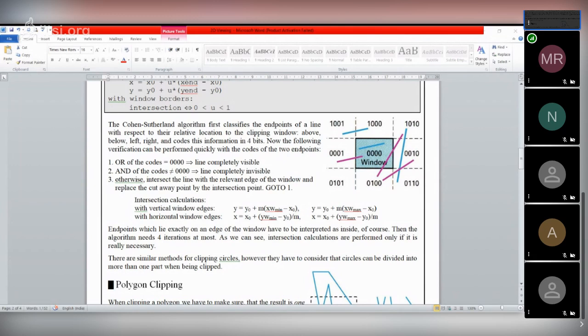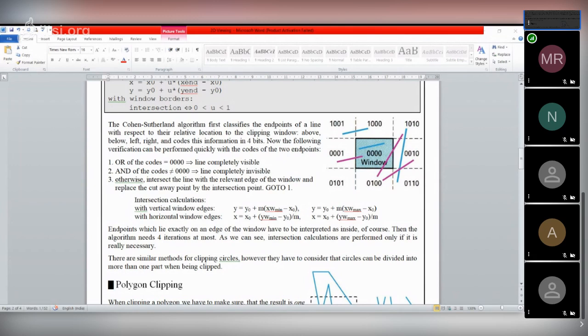If we apply the AND operation to the two endpoint codes, suppose 1000 and 1001, and the result is not 0, then we say the line is completely outside the window.